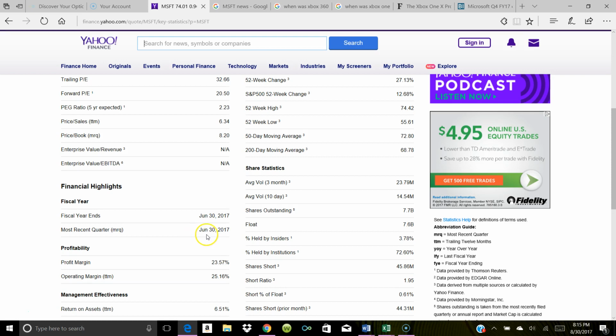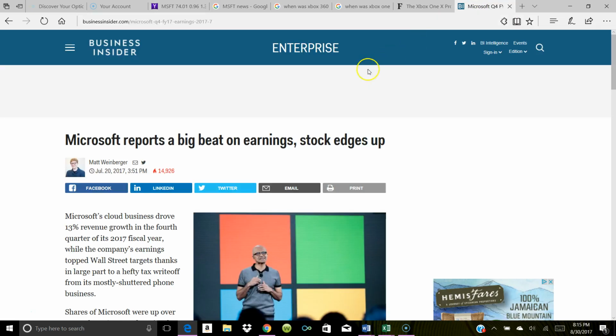So for Q4, their earnings report was released in July. Somewhere in July, end of July, somewhere in July. So to find that out, you just simply type in your taskbar, Microsoft Q4